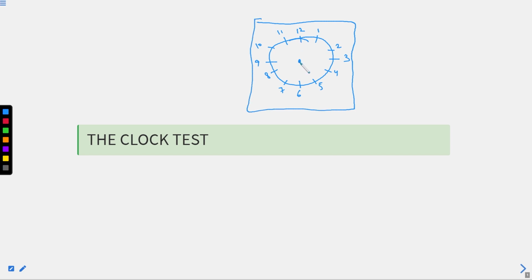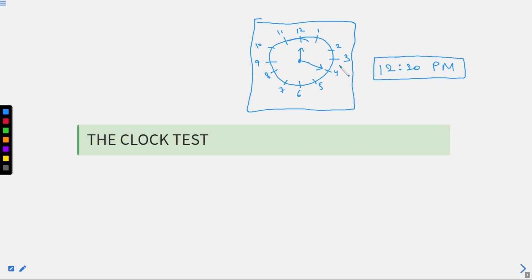If I want to show, let's say, 12:15 or 12:20 as the time right now, this is how we will represent the time. That is 12:20 p.m. This is the time in this clock right now.